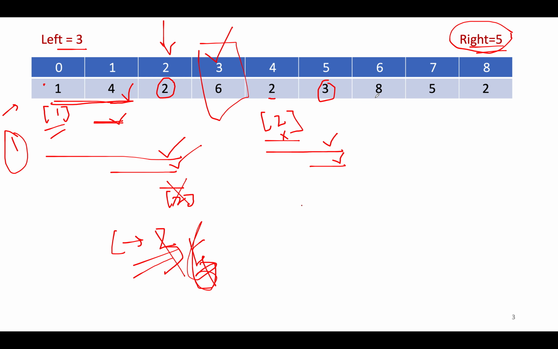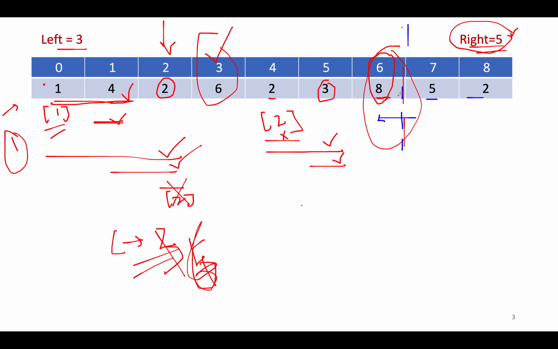Let's move ahead. Next we have 8, and can you create any sub-array that has 8 in it that will be part of the answer set ever? The answer is no, because all sub-arrays including 8 will make the maximum element higher than the value of the right bound, and it can never be part of the answer set. So these higher numbers cause the sub-arrays on the left of them to never be included in any condition going further. For 5 and 2, we cannot consider any sub-array to the left of 5. Why?